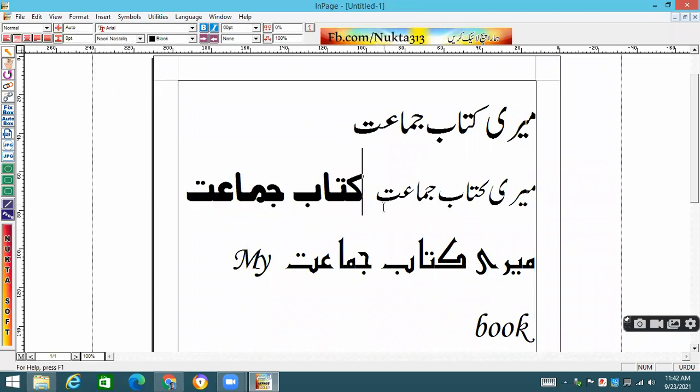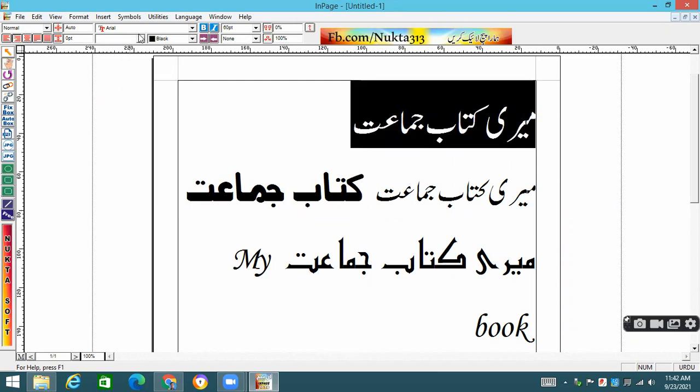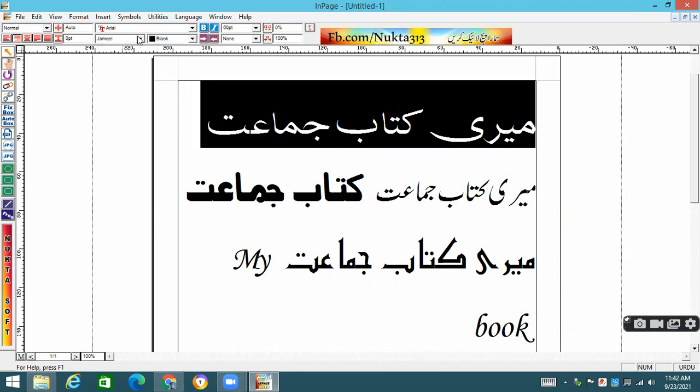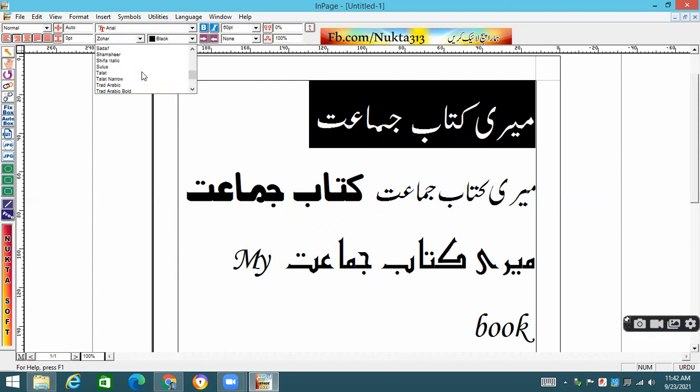So these are different styles which are given in the Urdu language, so you can apply these according to the requirement. If they say that you have to apply this one, you'll go and find the desired one and apply that particular one. Jamil is there. You can see Kaniz is there. Zuhar is there. And there are some changes in the Nask.